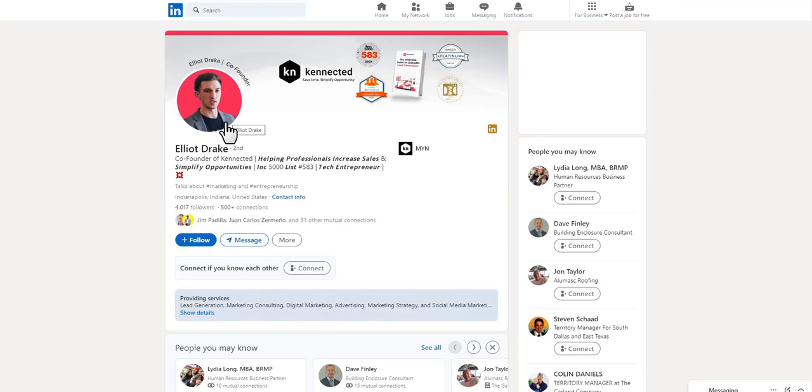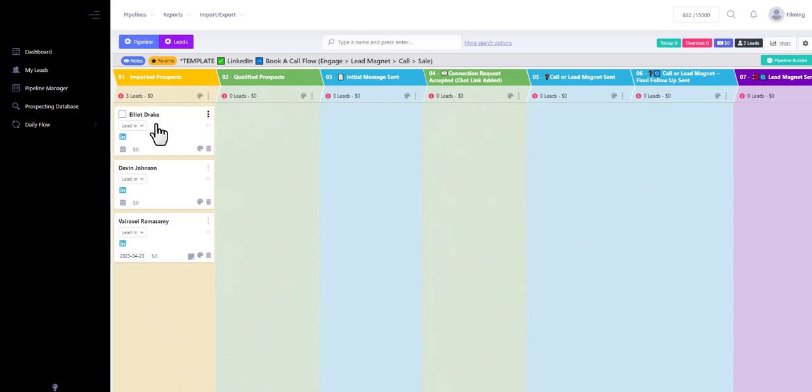Now they must live in the United States in order to pass the final point and become a qualified lead. Since they live in Indiana, United States, this person is a qualified prospect, which means you need to go back into your account. Since this is a qualified prospect, we're going to drag and drop the card into the qualified